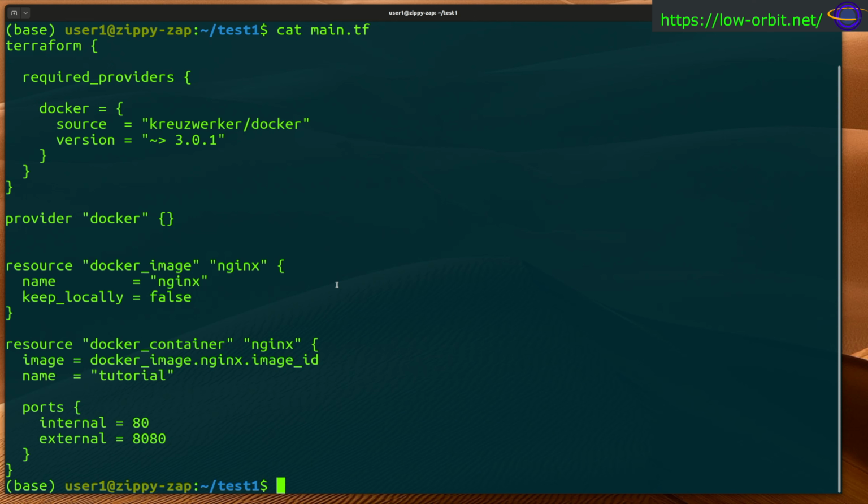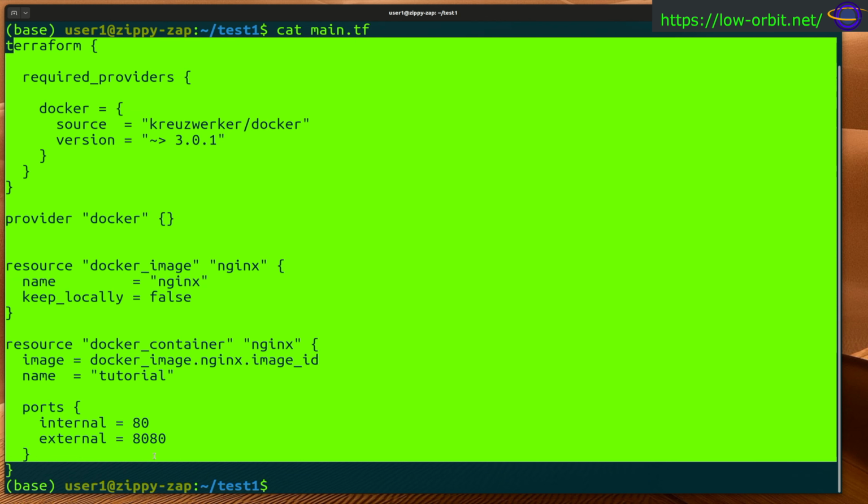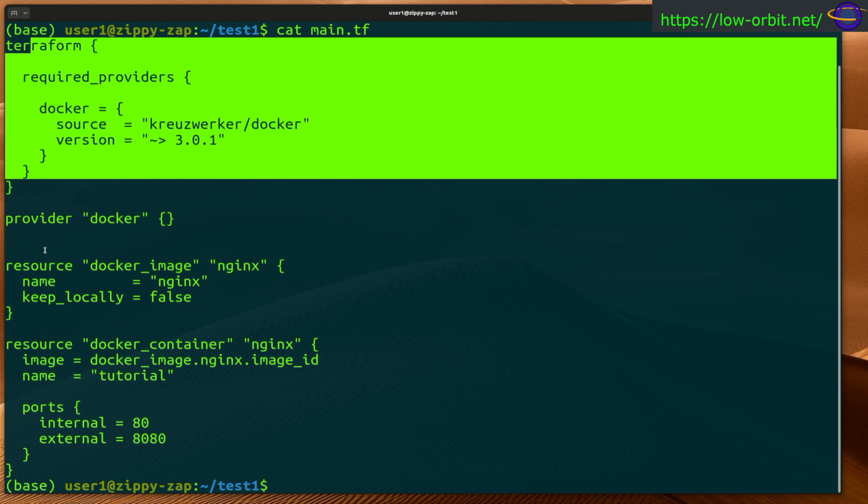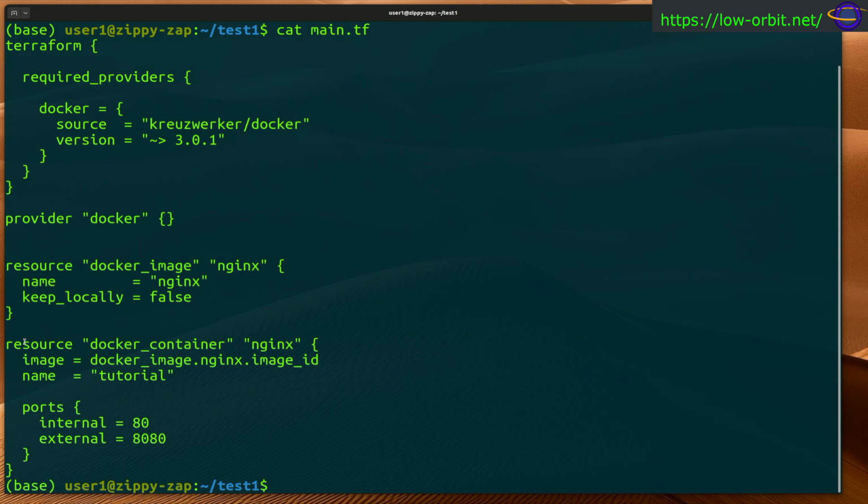In any case, this is our infrastructure defined, the same config that we used in the previous video. It defines that we're going to be using Docker, creating a Docker image and a Docker container. The name of the container that we created before was tutorial. We're going to be changing that in this video. So we're going to edit a file called